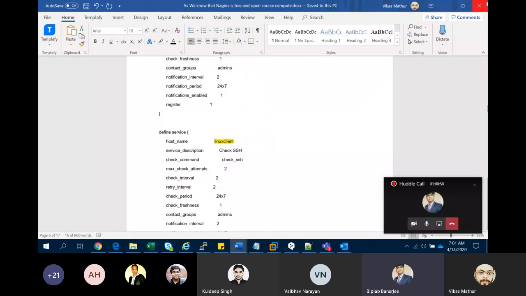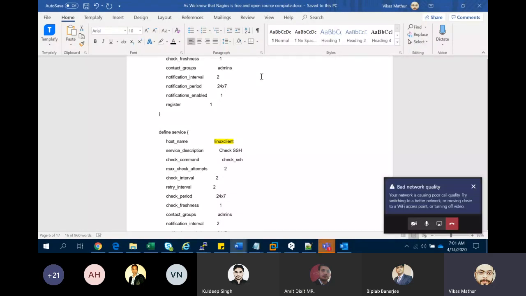My question is, like what I think Kuldeep was asking, if I want to monitor 500 hosts, I should create this file for each of the hosts, right? Right, absolutely right. If you go for the paid version, it is a very simple installation and very simple configuration.